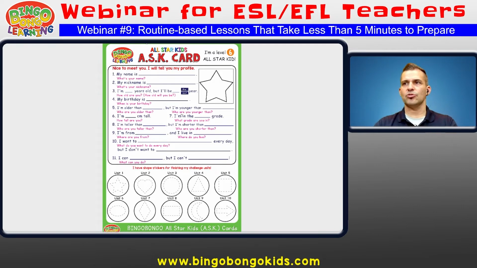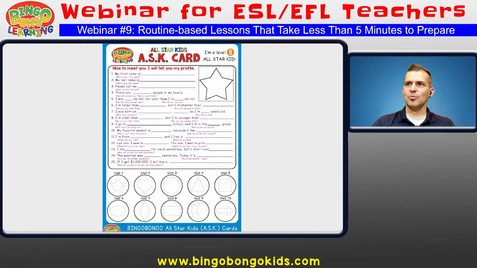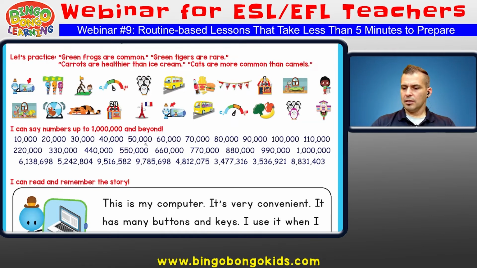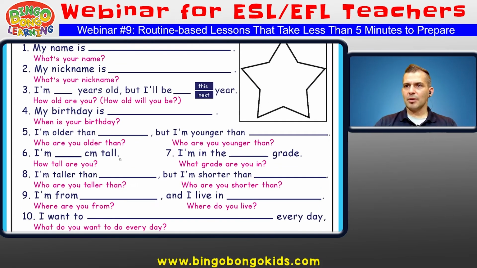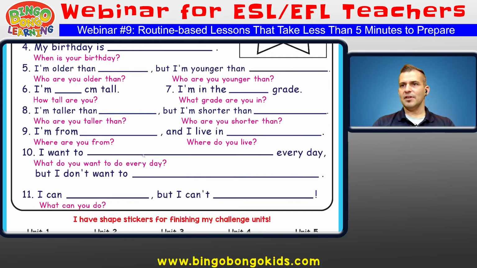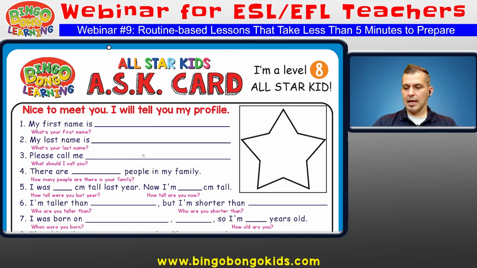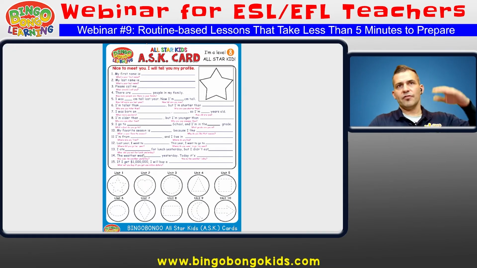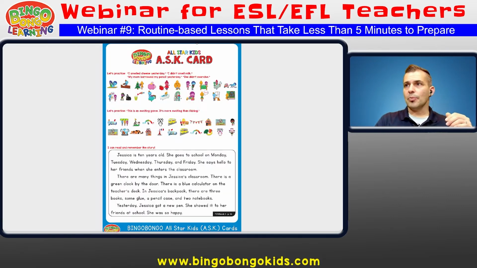So this is something we can use all year and get constant review, and it just builds on itself. By the time you're at level 8, you know, "If I get $1 million, I will buy a..." or let's see, let's go here. "My nickname, I'm older than, I'm younger than, I'm from, and I live in." Anyway, it's a great tool for lessons, and we even have further higher levels of cards, junior high school, and